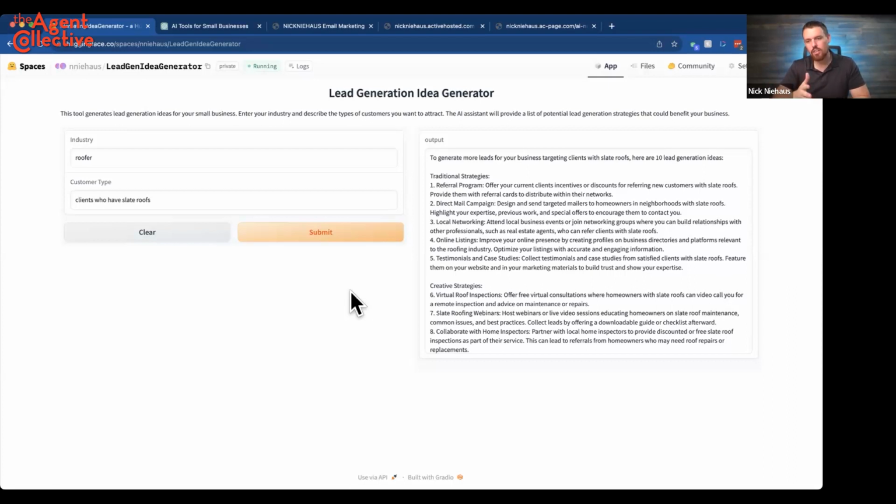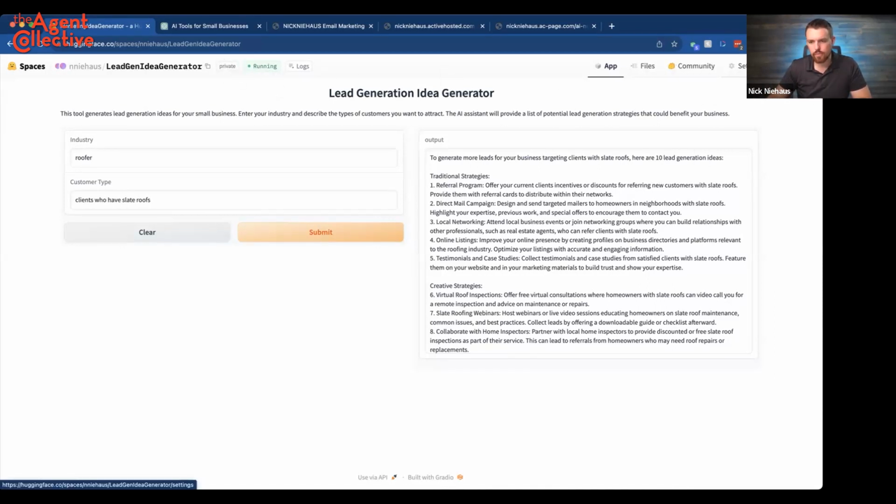And so what I'm going to show you is how to rip off this code and turn it into whatever you want. So if you want to make that neighborhood matchmaker, you can do that. If you want to make something else, like a staging developer, with suggestions on what to stage the house with, things like that, there's literally a whole bunch of possibilities here. So here's how we're going to do this, right?